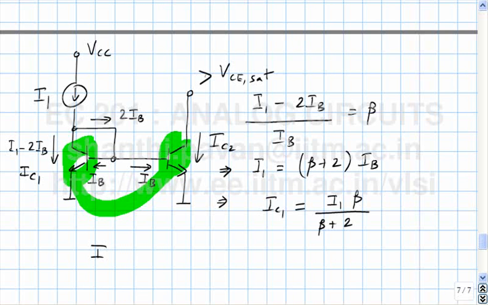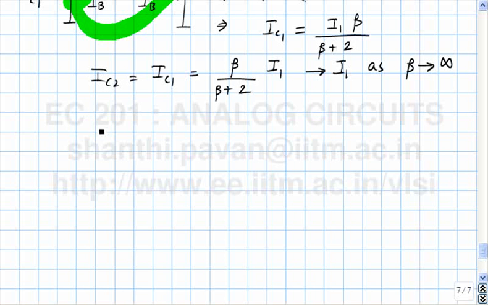So IC2 must be the same as IC1, which must be equal to beta by beta plus 2 times I1, which tends to I1 as beta tends to infinity. Does that make sense? If you assume that beta is very, very large,